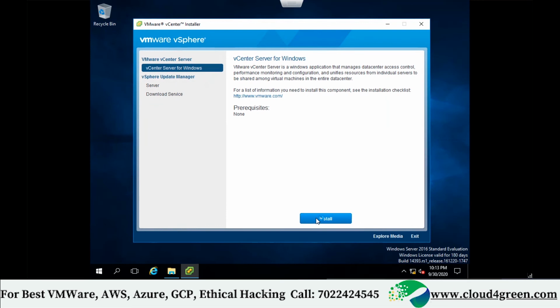Install. Can you see the steps now? Write down the steps. Step 2, mount VMware Vim 6.7 ISO to Windows machine.